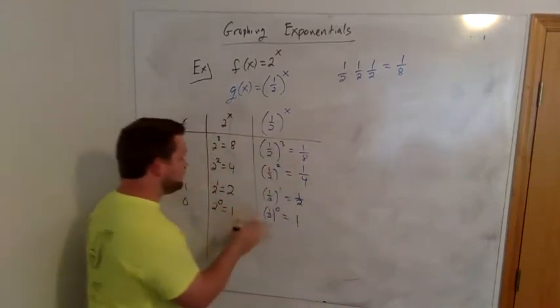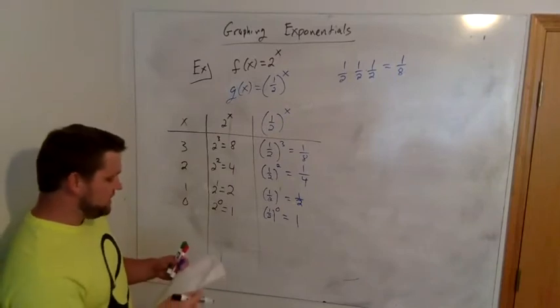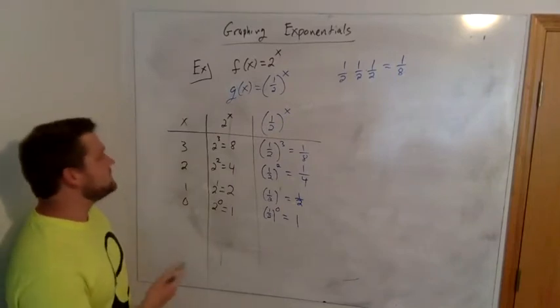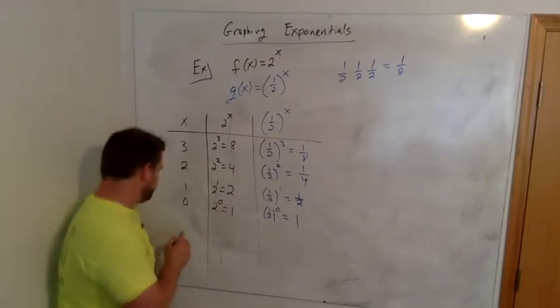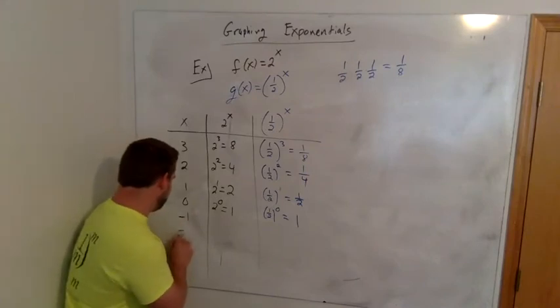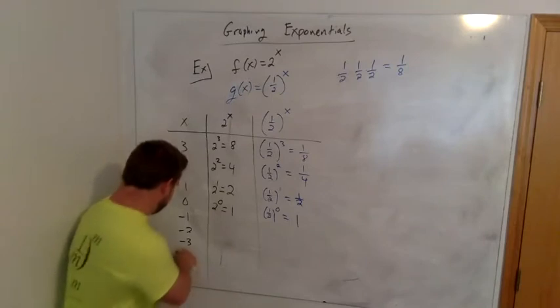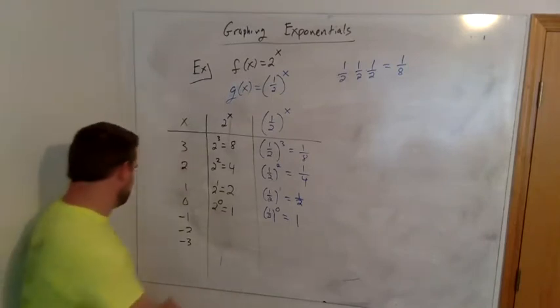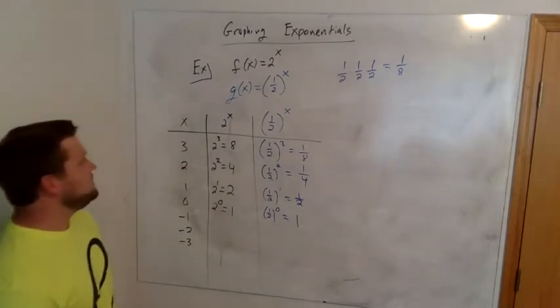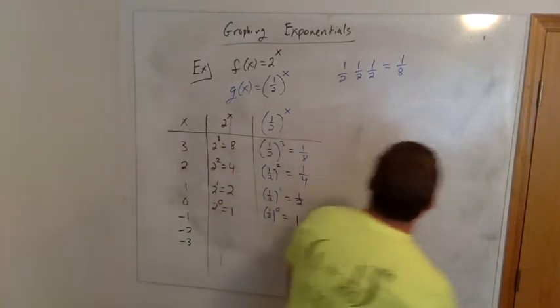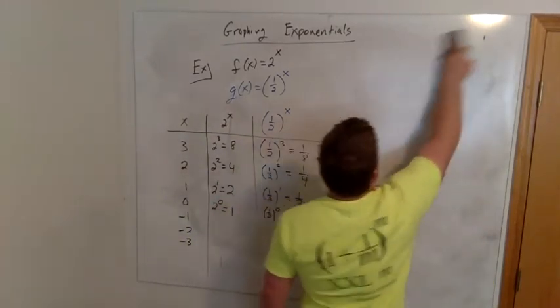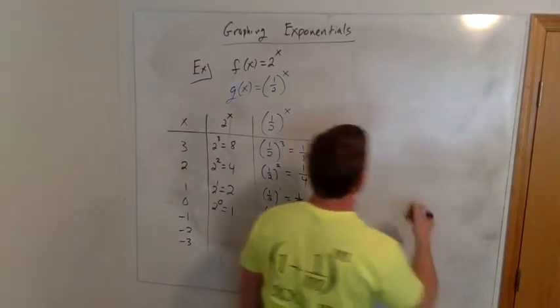But what we want to do here is, what if we were to plug in negative values? So let's think about what negative values would mean. So let's go ahead and plug in -1, -2, -3. I'm sure -3 should be enough. Okay, so there's something we need to remember about how negative exponents work. So, I guess recall